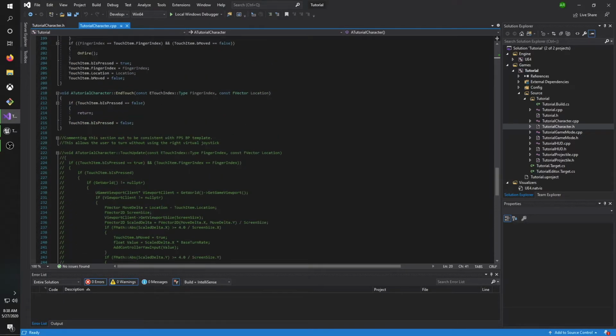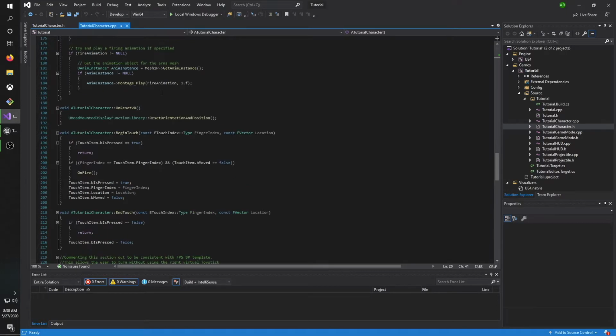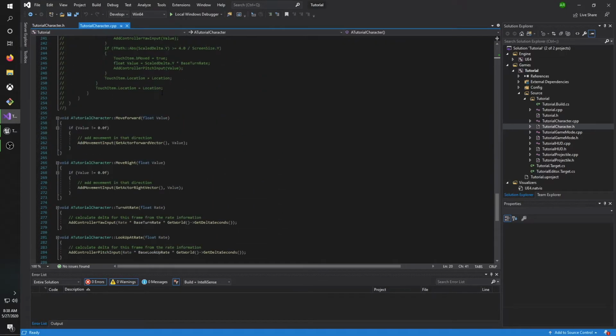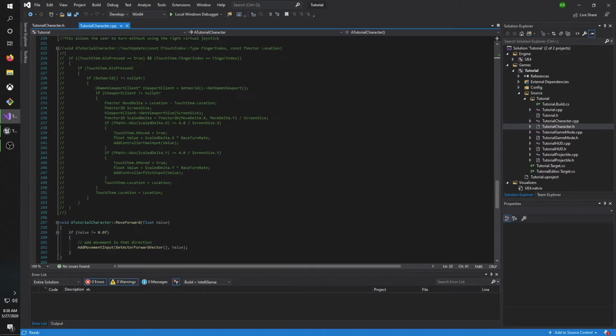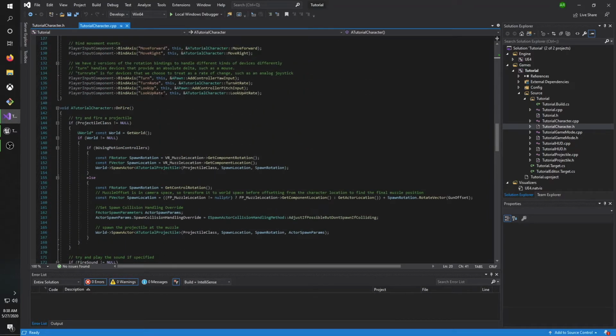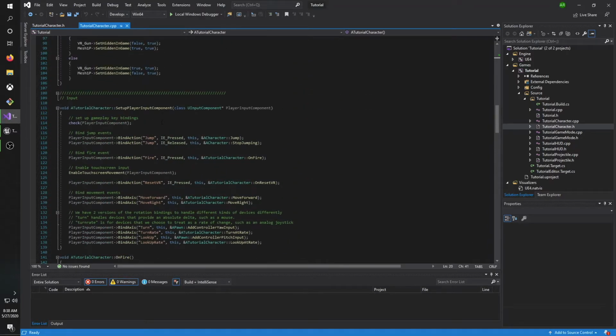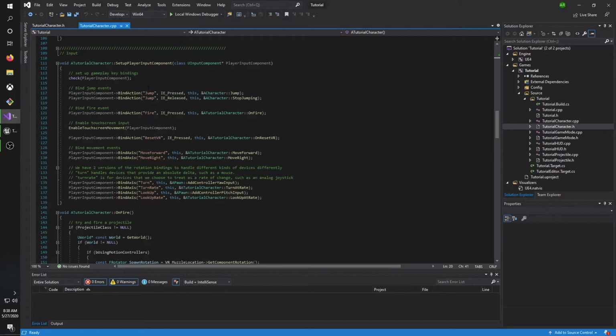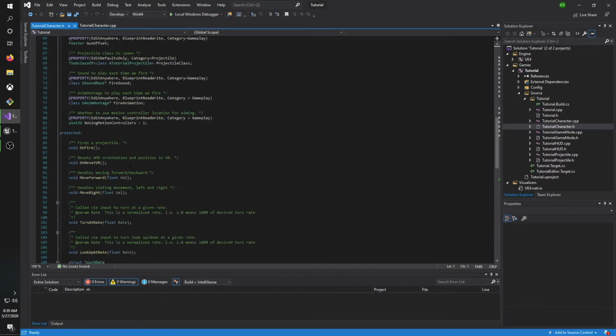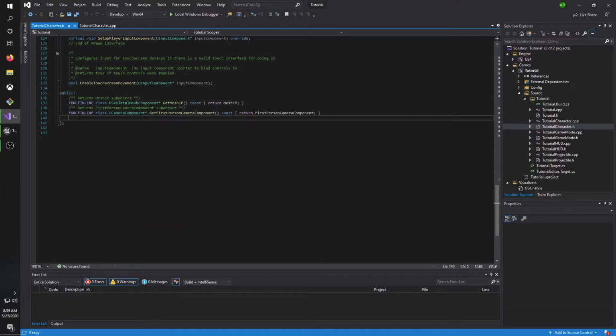But the part we're interested in for the input is there's going to be a function, if I can find it. Here we go. Set up player input component. So this is where we go to set up our input in C++. You can see that there's always some setup here. So it's essentially the same thing as you see here. So we're going to go over here to our header file, and we're going to create